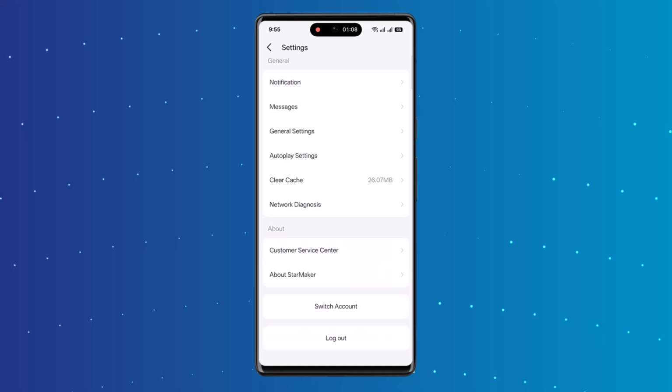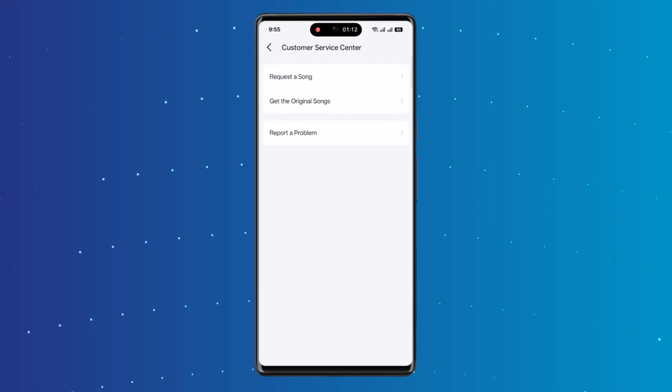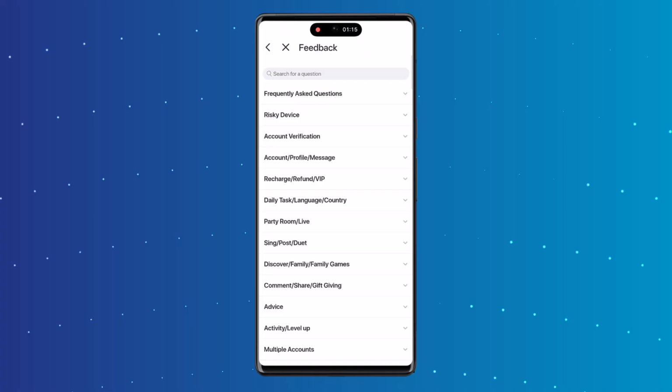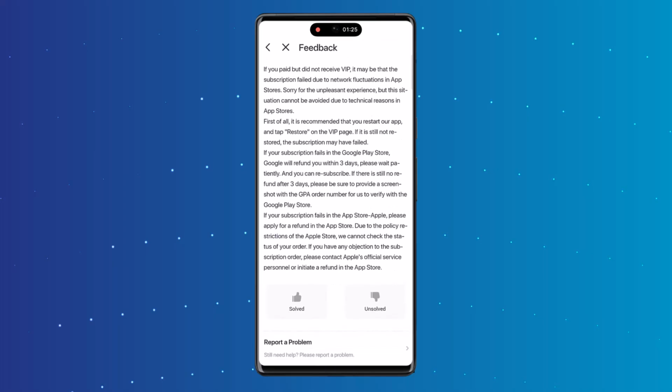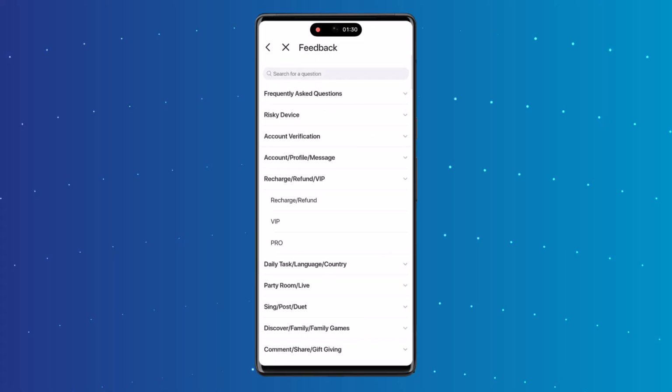So tap on this option called Customer Service Center right here and tap on Report a Problem. Now over here, go to the option Recharge, Refund or VIP, and let's select VIP. So over here, let's say I haven't received the VIP I subscribed to, and select it, and over here you can go ahead and try to restore everything, and then you can tap on the restore button on the